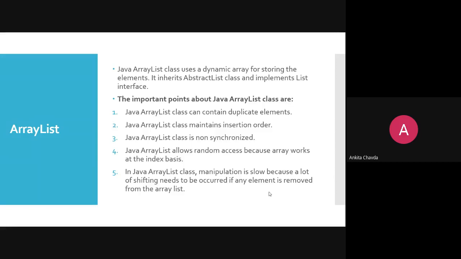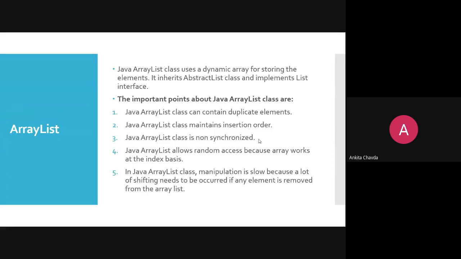Okay. The Java ArrayList class is non-synchronized. Non-synchronized means it does not provide a synchronized facility. It means that in a multi-threading environment, you cannot use it, right?